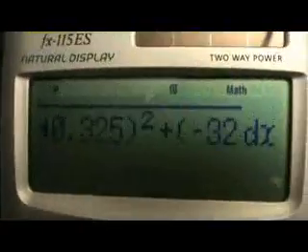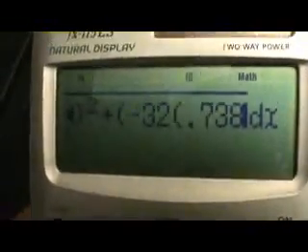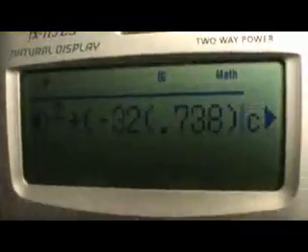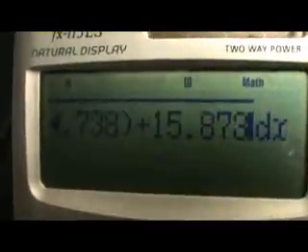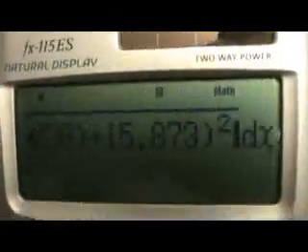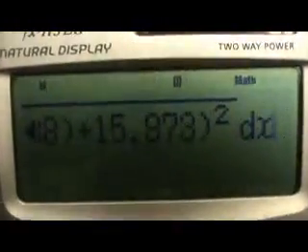And for this calculator, it's dx instead of dt at the end. And then you're going to go back and substitute the 0.738 for your b value and 0 for a. And it should give you